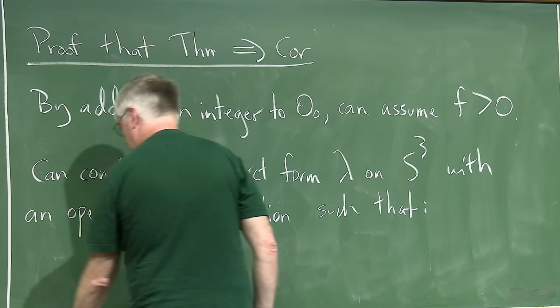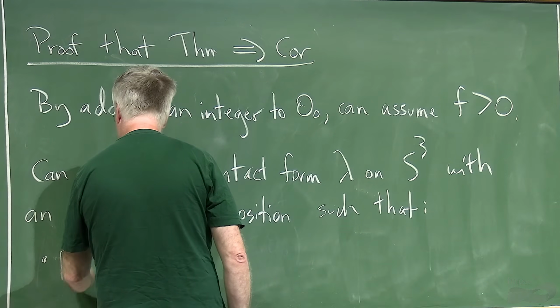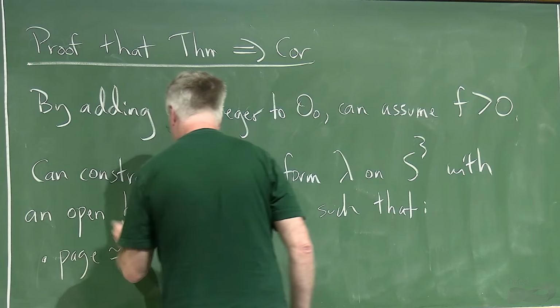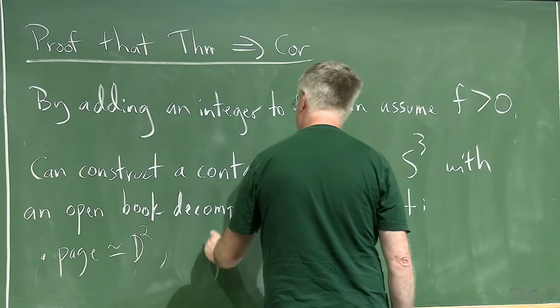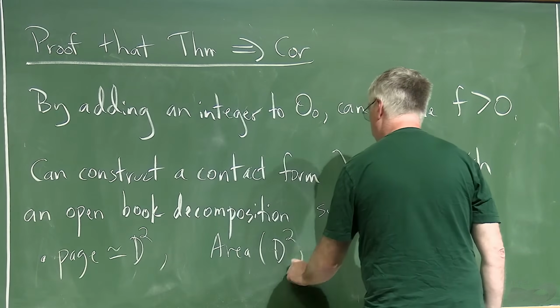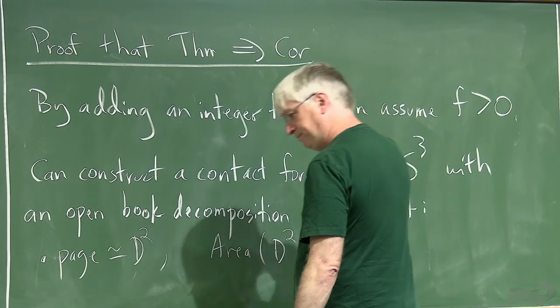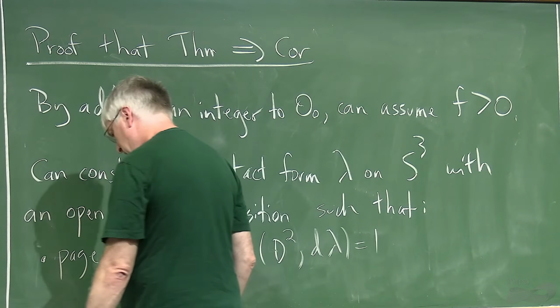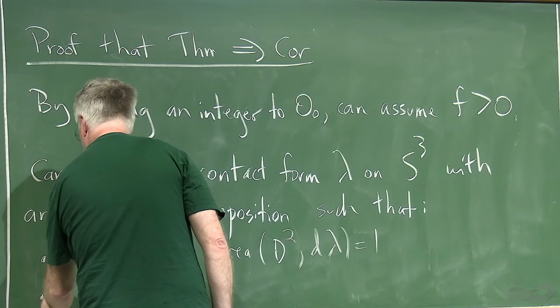So first of all, the page is diffeomorphic to the disk, and the area of this disk with respect to d lambda is equal to 1. And then the binding B,